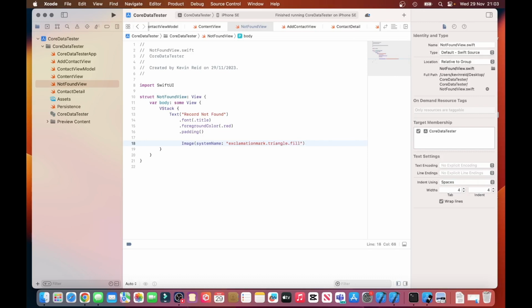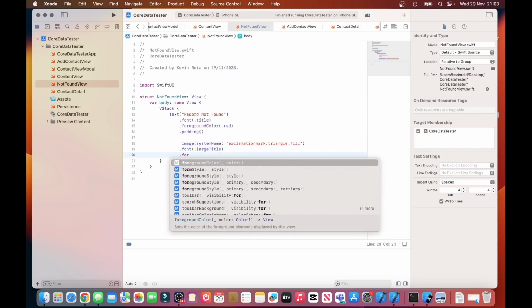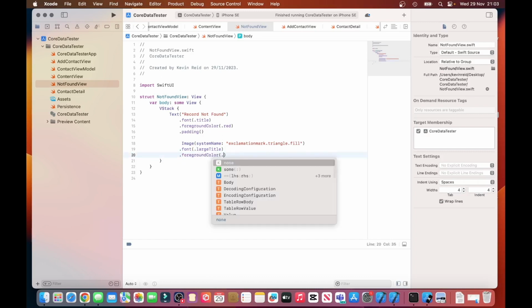So that will display an exclamation mark as an image. Dot font, large title, dot foreground color, red,